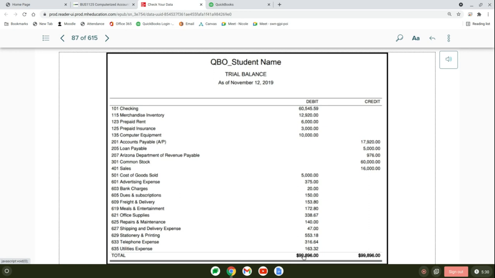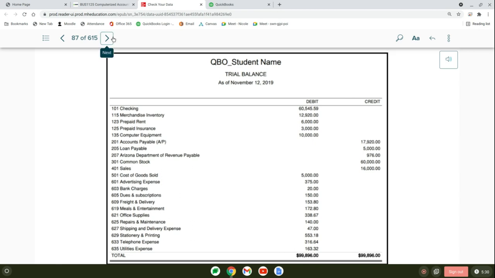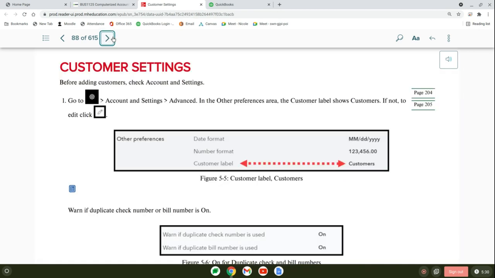Your trial balance for Chapter 4 homework, November 12th, should have come out to $99,896. The other thing you want to check is checking, and that's $60,545.59. You can see that right on your dashboard. It's 60545.59. So this chapter starts off with you looking at your accountant settings, or if you're working with the QBOA